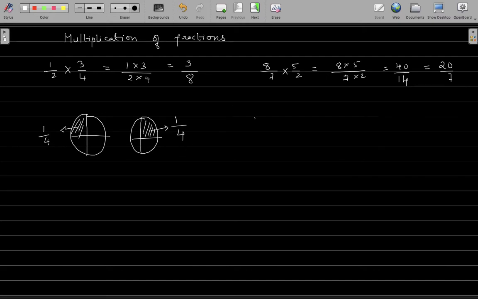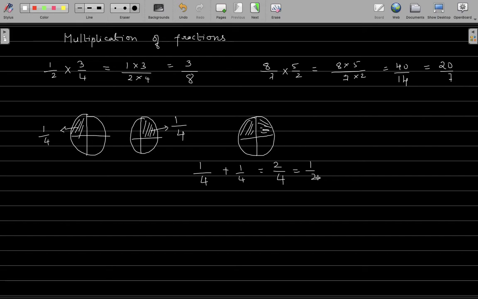Now together when I take them, that is I am taking this part and I am taking this part, right? That means to say I am taking 1 by 4 plus 1 by 4. Now we know that this is equal to 2 by 4 because they are like fractions, so keep the denominator as it is, add only the numerators, that will give you 2 by 4. Or if you simplify this, this will be 1 by 2.